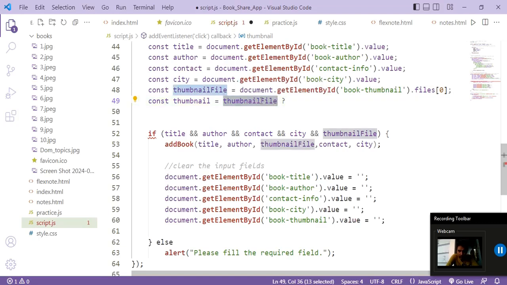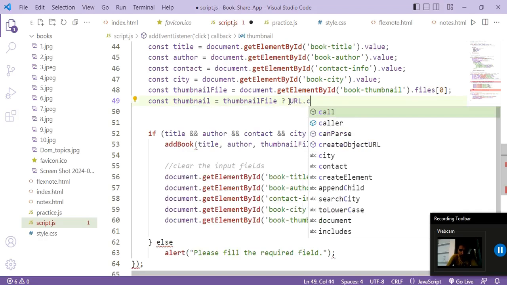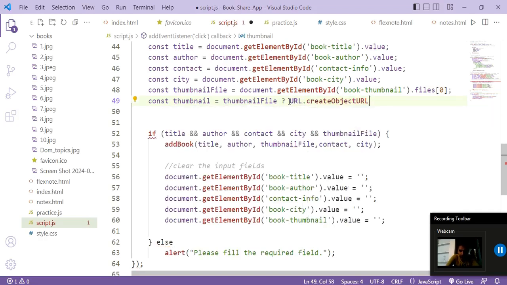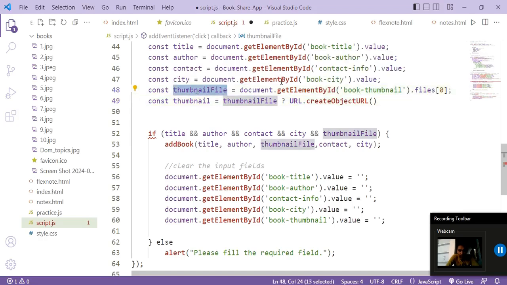So if thumbnail file has file object, okay, the condition in this, so if it's true, then we will create object URL, okay. So URL dot create object URL, and in object URL we will pass the thumbnail file object.